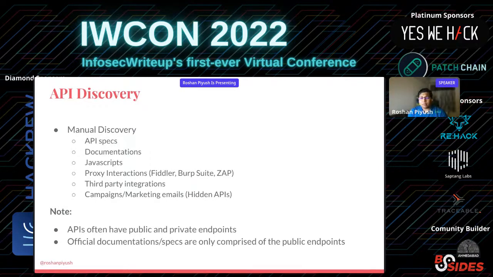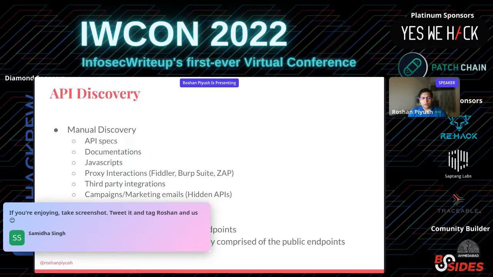Now, API discovery. Why we stress on API discovery is because if you don't know what to attack, if you don't know where to act, you are basically playing blind. So the first thing that you always want to do is discover APIs. No matter what the application is, no matter what you're looking at, always try to discover the APIs, because they are your keys to assets. Many times you will just be able to look at the APIs and find a vulnerability. So having all the APIs together itself is a real asset.